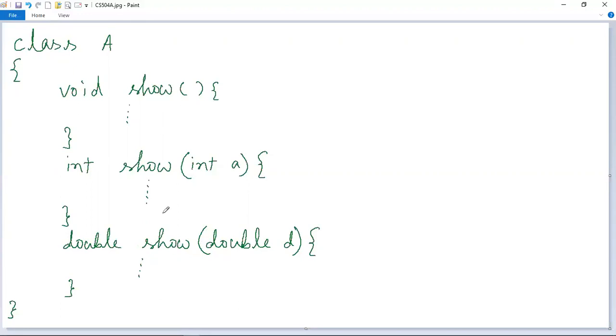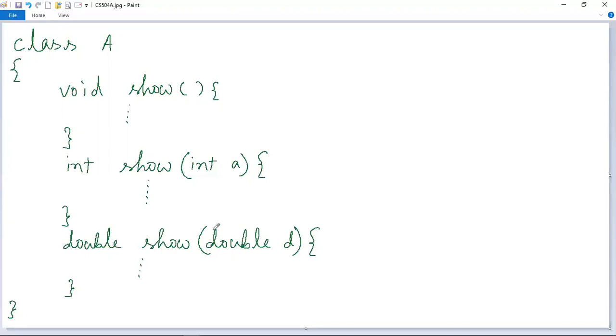So here we can see that we have used the same method thrice in this program in order to give you different outputs. That means all these 3 methods are not going to give you the same outputs. They will give you different outputs as per the requirements and as per the inputs that are being provided into these 3 methods. But the name of the methods are same, which is show.